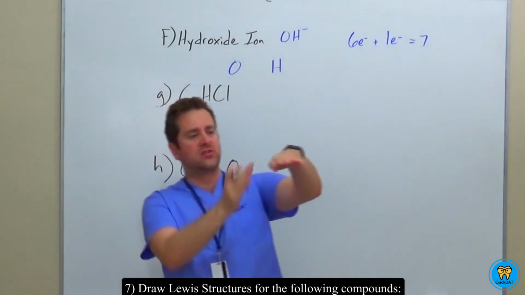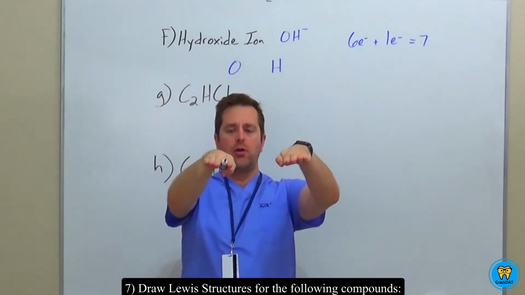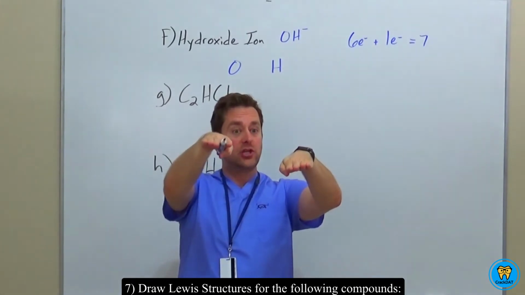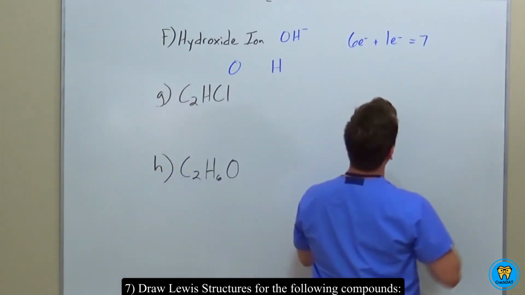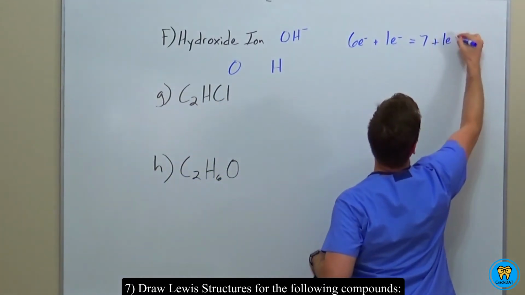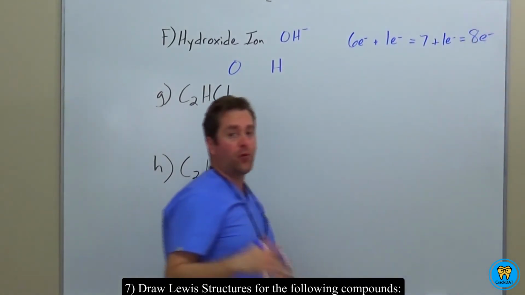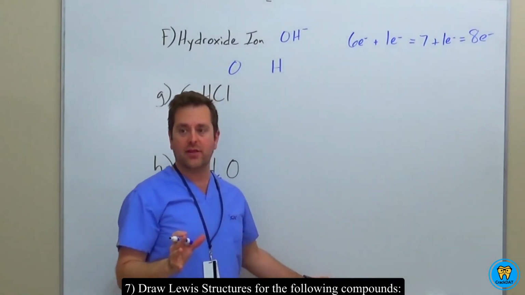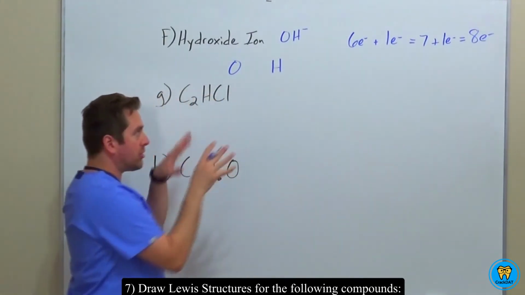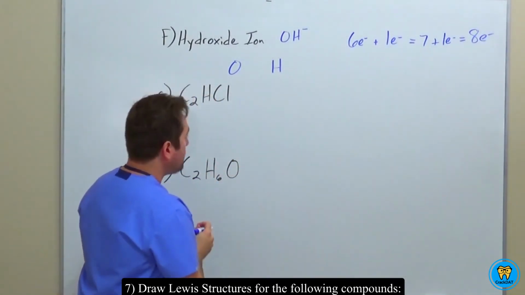What does that mean? So if this is our number of protons, this is our number of electrons. We've added an additional electron. So we got to make sure that we add that. Plus 1 electron equals a total of 8 that we need to account for in the end. Do not lose sight of that. Always think, okay, ions, I got to make sure that I adjust my numbers there. All right, now,